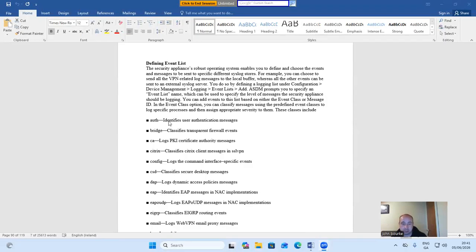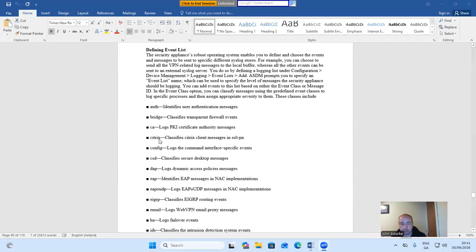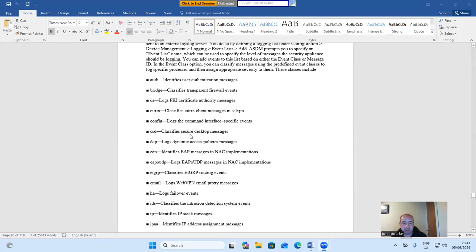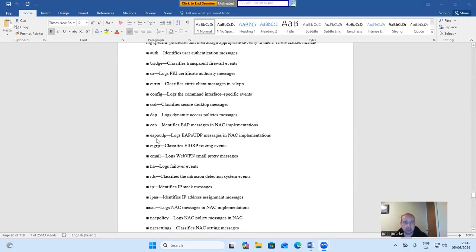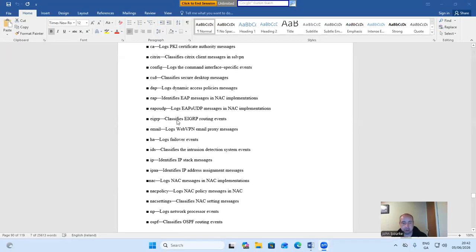These classes include AUTH, identifies user authentication messages; Bridge classifies transparent firewall events; CA logs PKI certificate authority messages; Citrix classifies Citrix clients messages in SSL VPN config; CLI logs the command interface specific events; CSD classifies secure desktop messages; DAP logs dynamic access policy messages; EAP identifies EAP messages in NAC implementations; EAPOUDP logs EAPOUDP messages in NAC implementations;